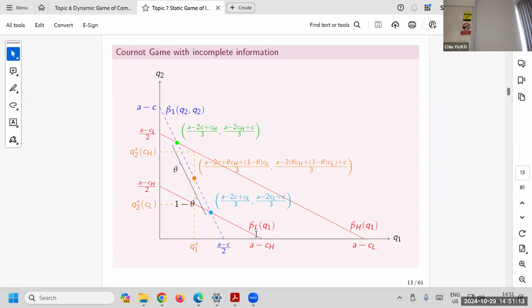Okay. And what is our result saying, that we have theta high type, one minus theta low type? Actually, it's the middle, by ratio by theta. If theta is half, then it's the midpoint of these two. Okay. So of course, this is the artifact of this linear response. In general, it's not like this. In general, it can be somewhere here, somewhere there. It need not be on the line. Okay. It can be anything.